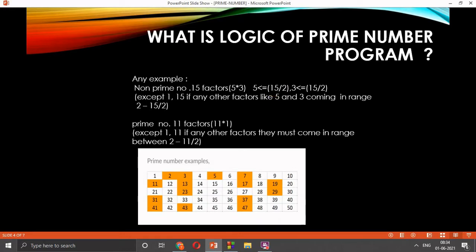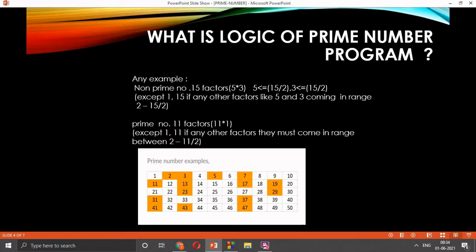That means we have to run our loop between 2 to half of the number entered by the user, because other than 1 and the number itself, all the rest of the factors come in a range between 2 to 15 by 2. Also, if 11 is a prime number, we got the factors for 11 as 1 and 11, and the rest of the factors must come in a range between 2 to 11 by 2.